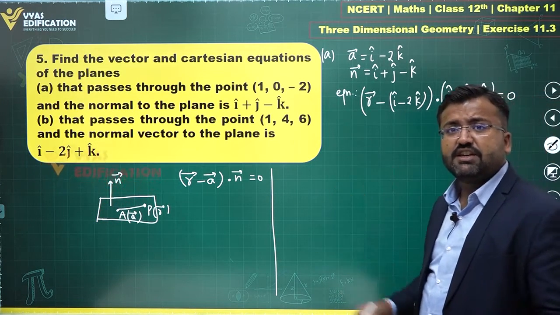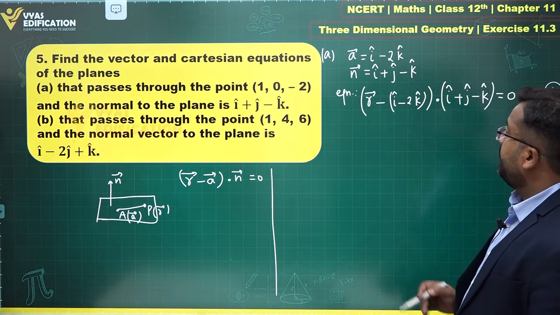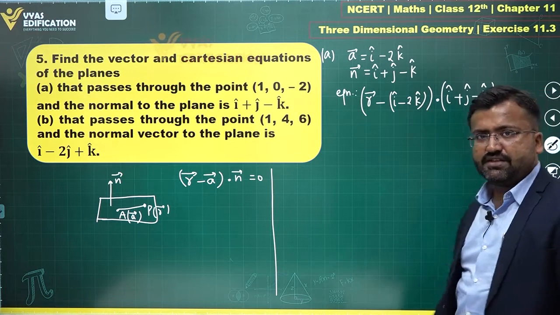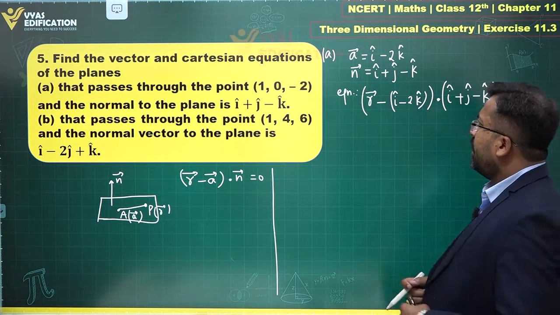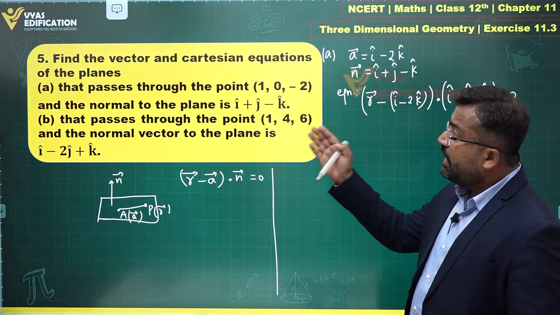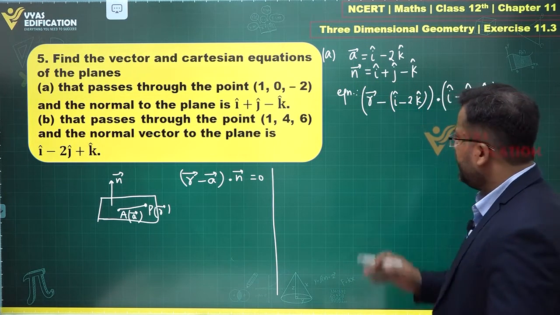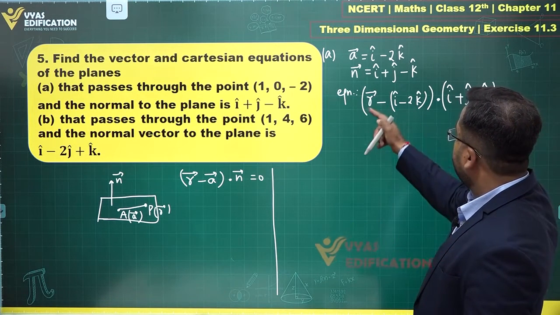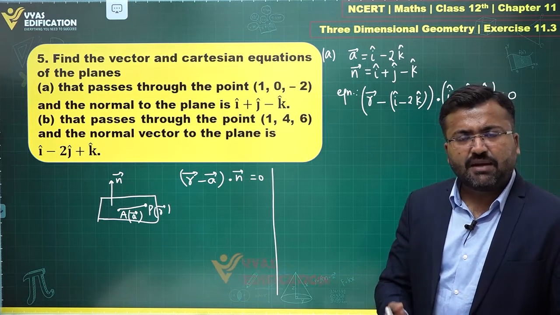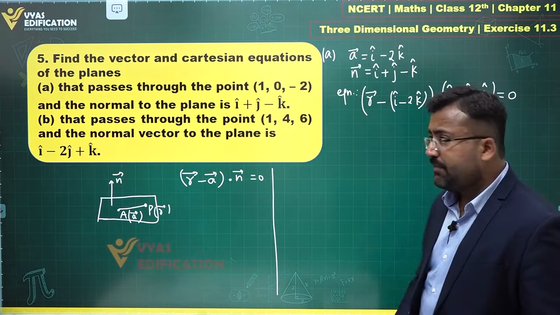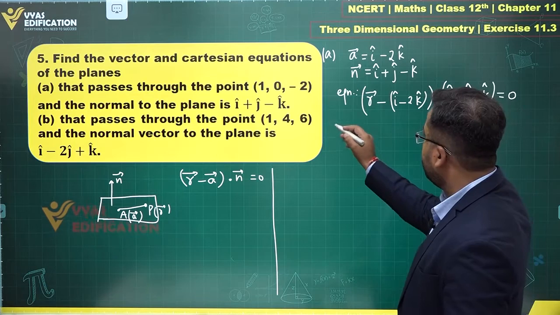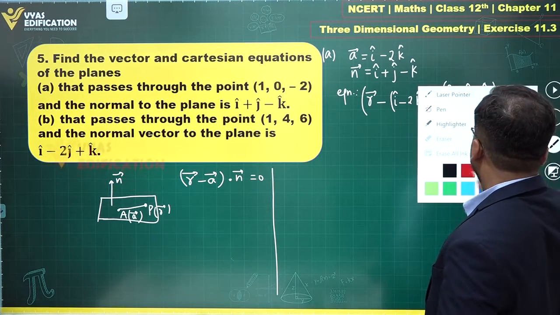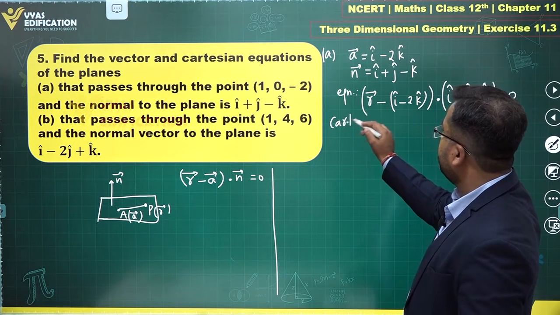We can also simplify this. We can leave the answer at this stage, or we can simplify this to a certain extent by, let's say, multiplying R with this and multiplying these two and taking it on the right hand side. That is also possible. Next, we can find the equation in Cartesian form as well very easily. That's not an issue. So for Cartesian form, what will I need? We'll have to replace R by x i cap plus y j cap plus z k cap. Once I do that, the Cartesian equation